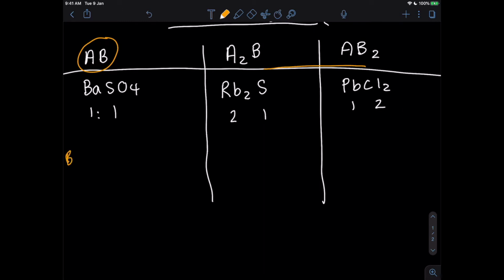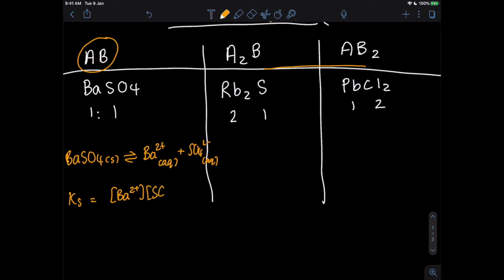So barium sulfate is going to dissolve into its constituent ions, which is barium 2+ and sulfate 2-, which means that our Ks expression is going to be just [Ba2+][SO4 2-]. So no exponents because I don't have any big numbers, and I don't include barium sulfate because it is a solid. So I only use my ions,